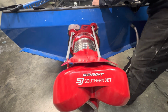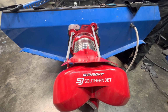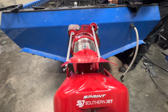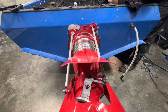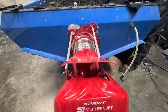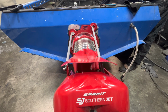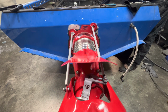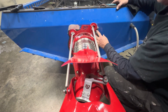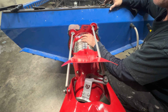I hooked up the reverse to run it, and you can see that that thing is rubbing on that ring almost the entire way down. And right there, it's kind of rubbing. So unfortunately, that means that I can't really use these same mounting holes. So I'm going to have to pull this thing back out, get this ring where it needs to be,